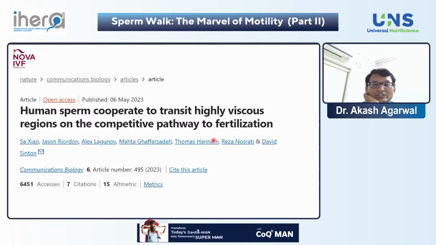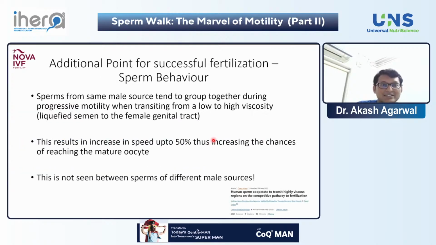But this paper showed that sperms may not always be competitors as such. What they have shown is that when the sperms come from the same male source, they tend to group together whenever they are moving from low viscosity to high viscosity media, as they travel up the female genital tract. In these cases, a few of the sperms group together and move ahead, and thereby the motility increases by 50%. How much of this effect occurs in vivo is still yet to be deduced